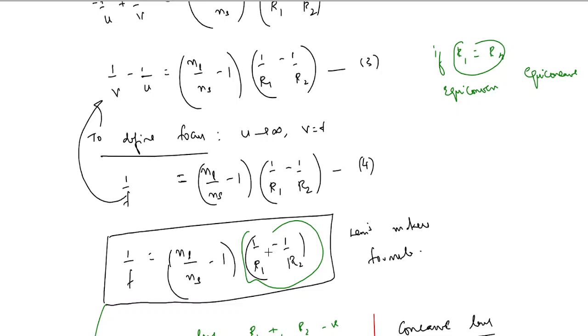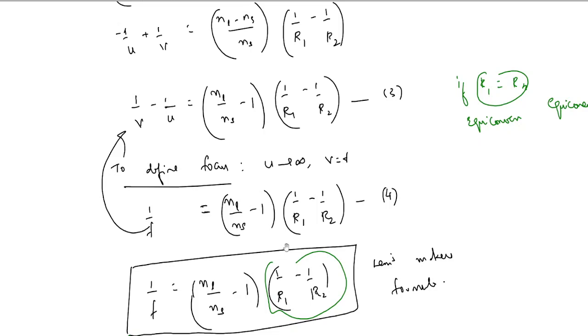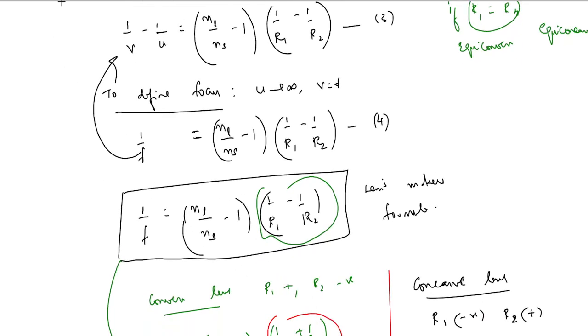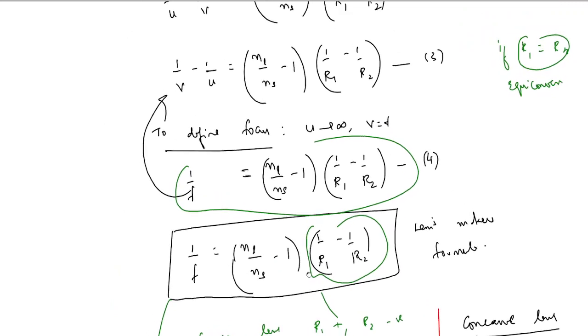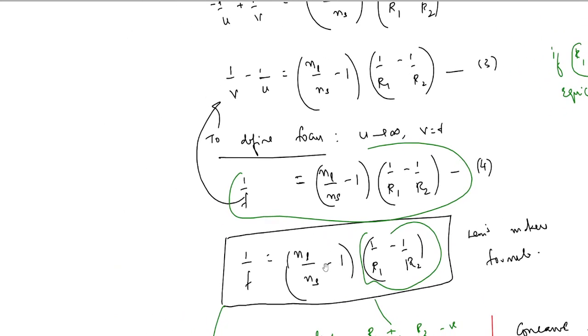So in that case, keep in mind to use sign convention. It's very, very important. Now comparing 3 and 4, basically these two are the same only. Now compare 3 and 4. If we compare 3 and 4, then what is visible here, look at left hand side and right hand side. The right hand side has a term which is the same as given here. So comparing 3 and 4,